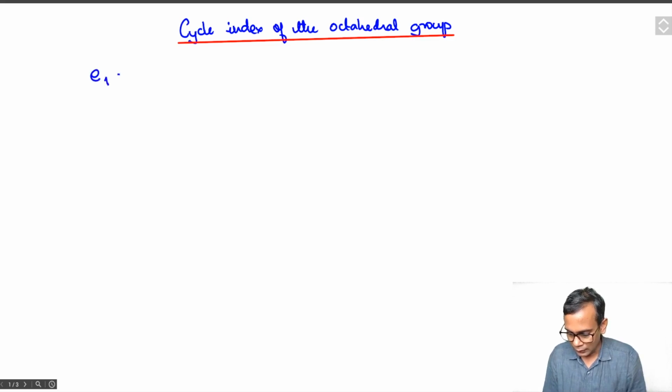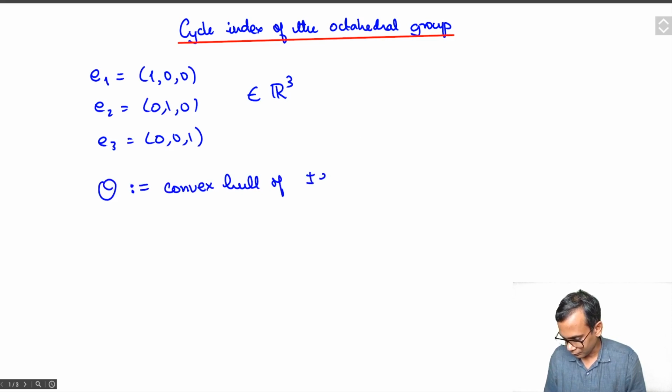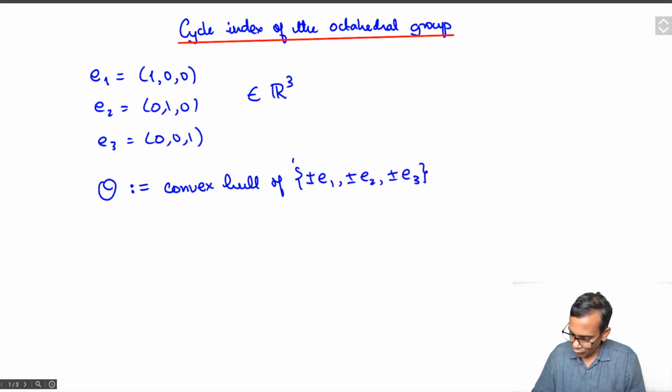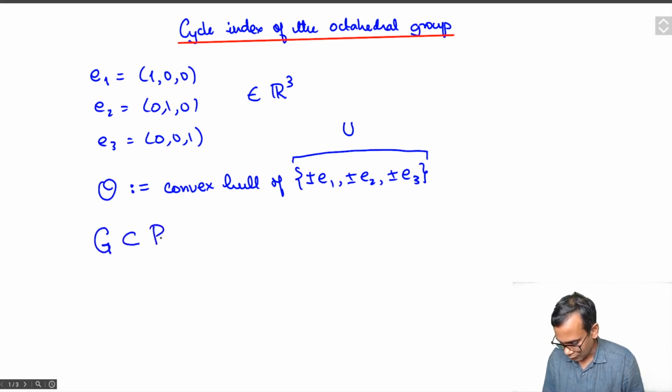So let E1 be the vector (1, 0, 0), E2 be the vector (0, 1, 0), E3 be the vector (0, 0, 1). These are the coordinate vectors in R3. The octahedron O is defined to be the convex hull of these vectors and their negatives. So we'll regard this as the set U, and the octahedral group G will be defined to be the group of permutations of U, a permutation group of U, and it's going to consist of those permutations which are symmetries,